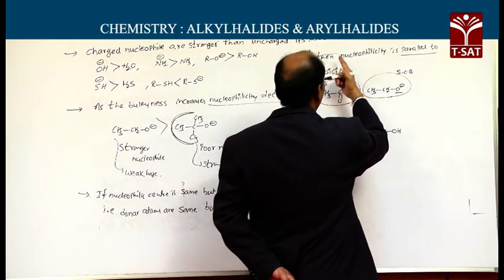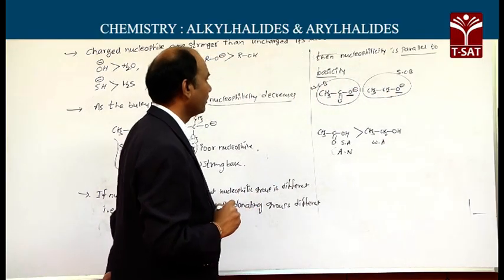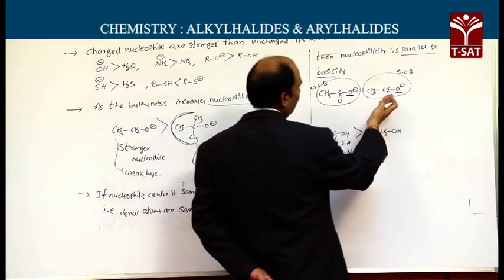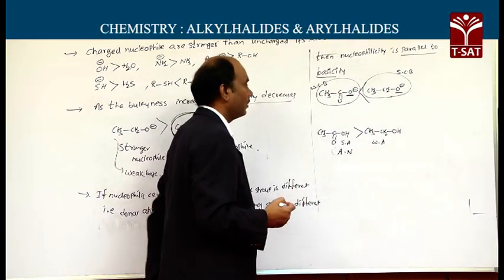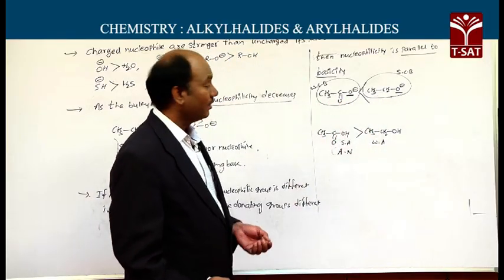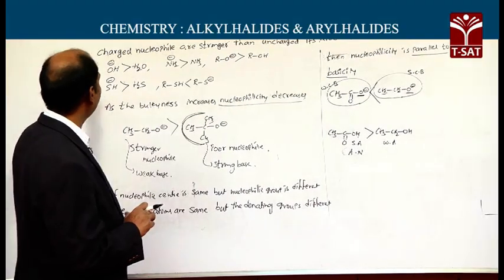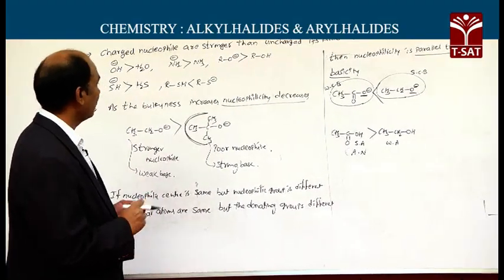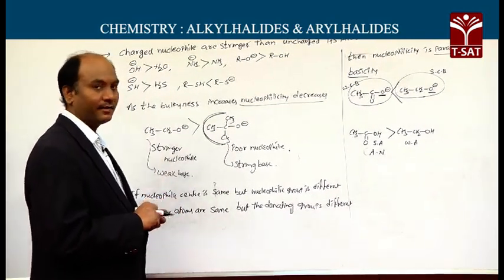Therefore, here nucleophilicity is parallel to basicity. Nucleophilicity is parallel to basicity means this is a strong conjugate base, therefore it is a strong nucleophile. That means the nucleophilicity of ethoxide ion is greater than acetate ion. So far we have discussed that from left to right nucleophilicity decreases, from top